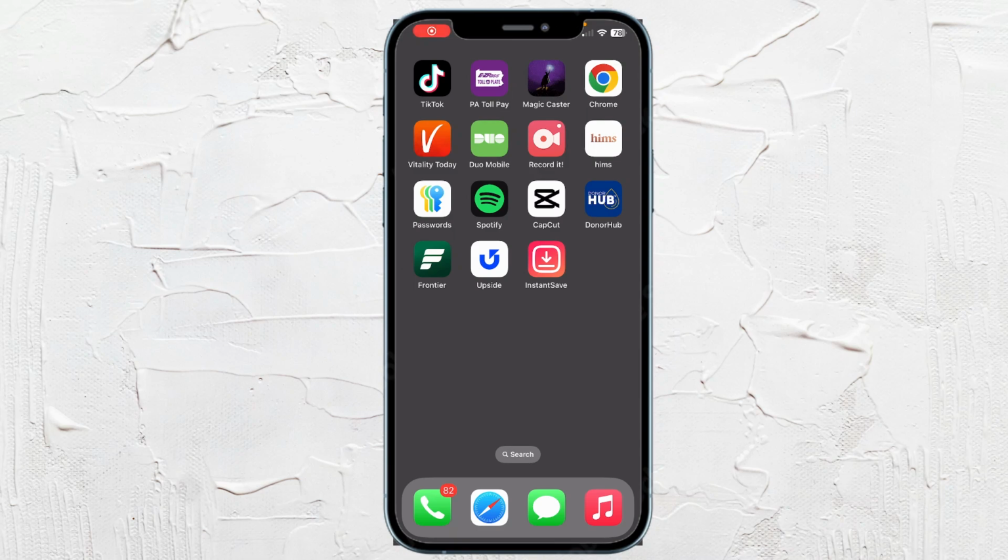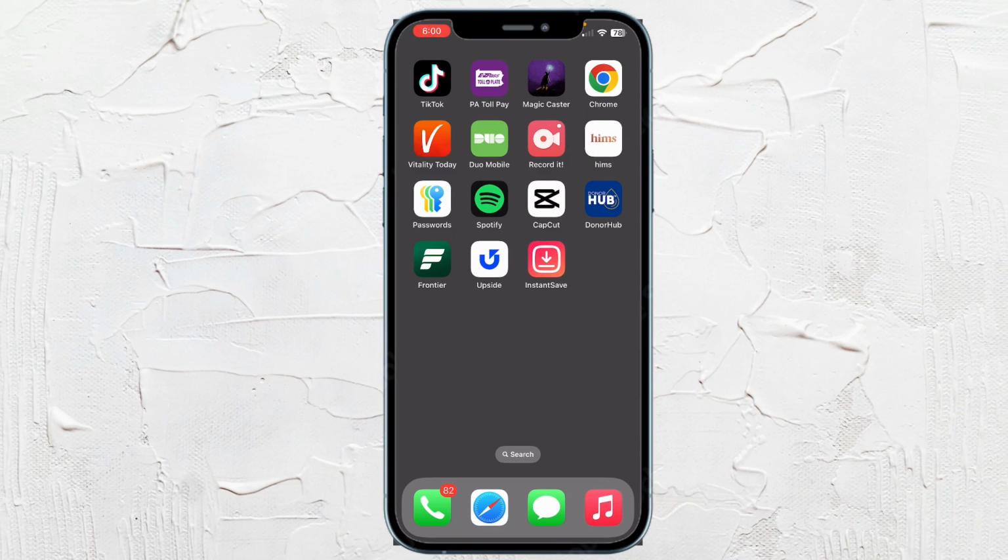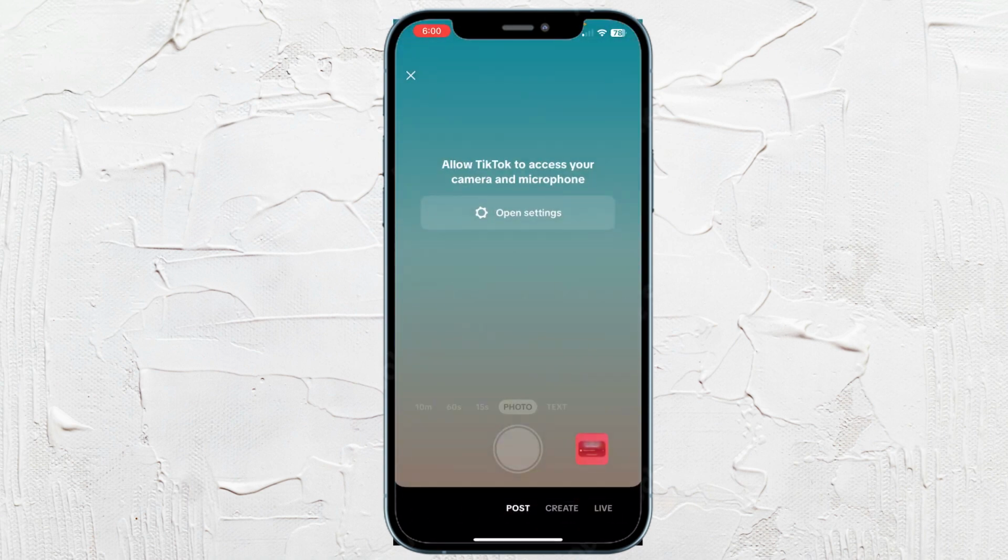How to allow TikTok access to your camera and microphone. So in TikTok, if you wanted to add something here, you would have to open your settings and go through and allow access to your camera and microphone. So what we can do is you can either go through your settings through here or go through your settings